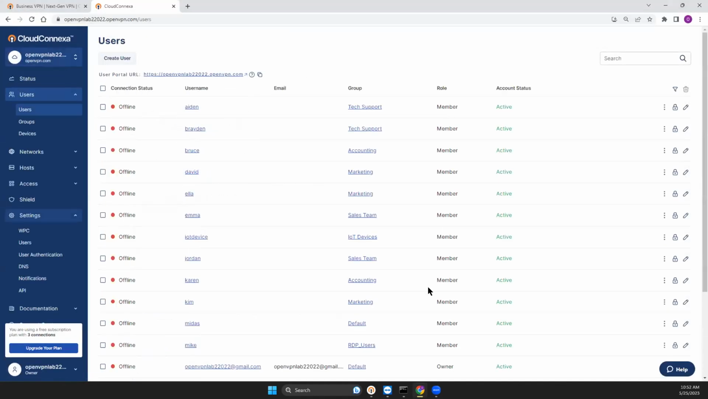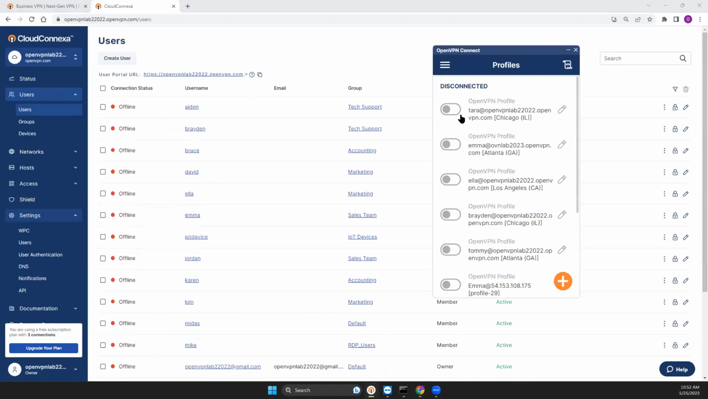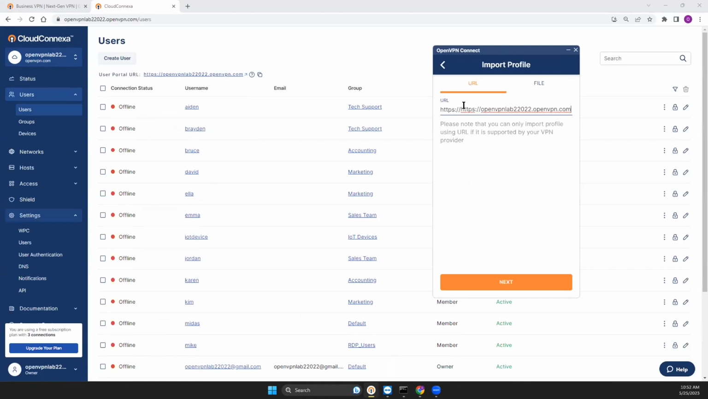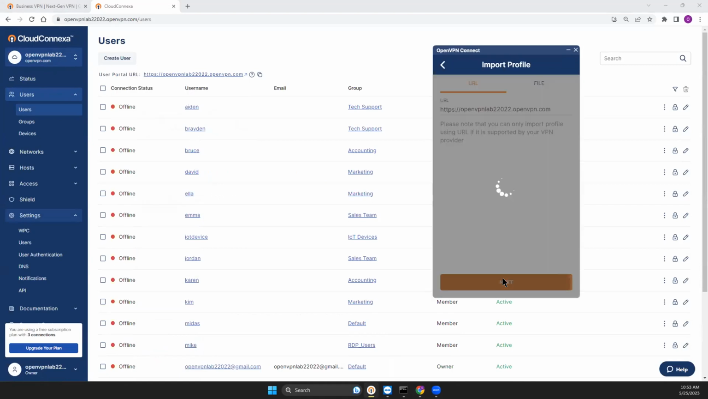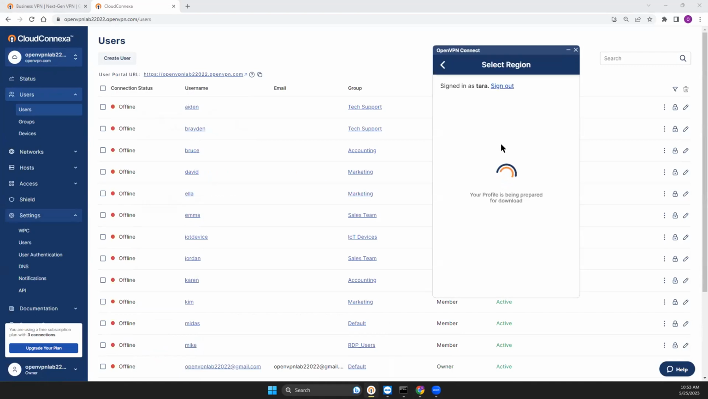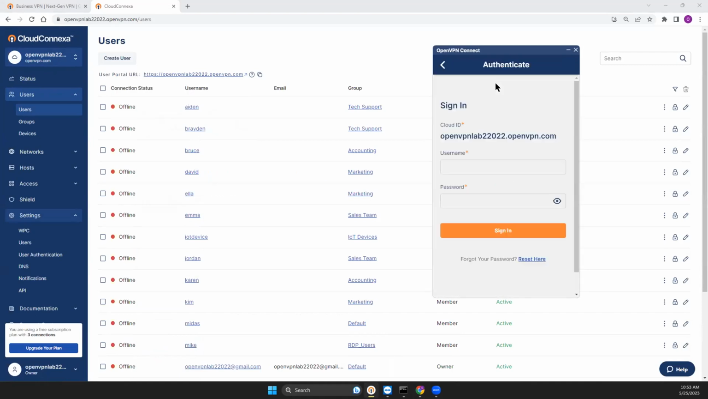So let's get out of here. We're going to go ahead and log in with Aidan's account. Basically, I'm going to add the profile to the Connect app. It's going to ask me, oops, I was signed in as somebody else. So let me go ahead and log in as Aidan and